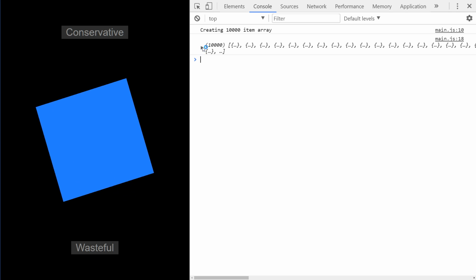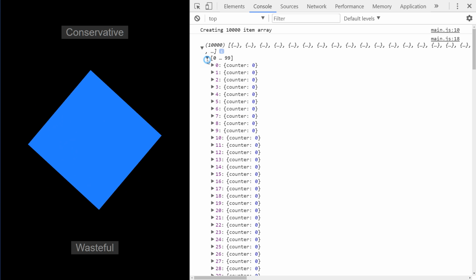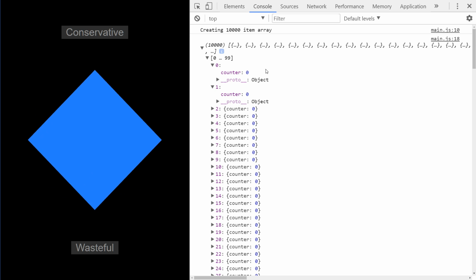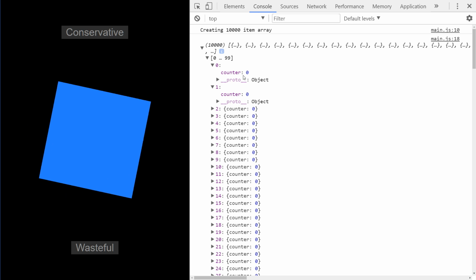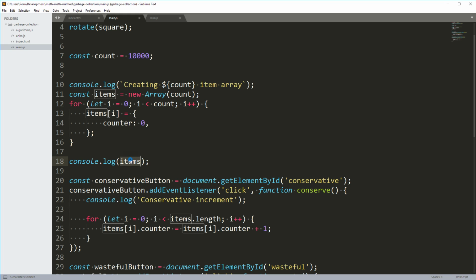Here we are in the console. You can see here that I have 10,000 items in an array. And each item is simply this. A thing worth noting is that even though these objects look the same, they are unique objects. So if I increase the counter on this object, it wouldn't increase in this one. So I have 10,000 items here,